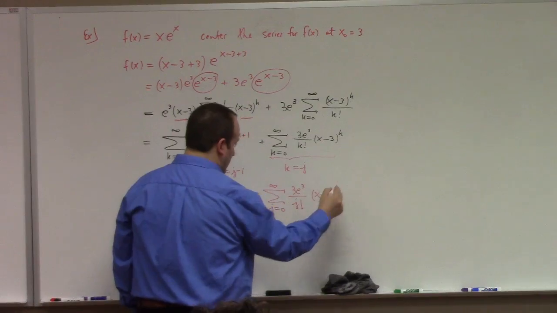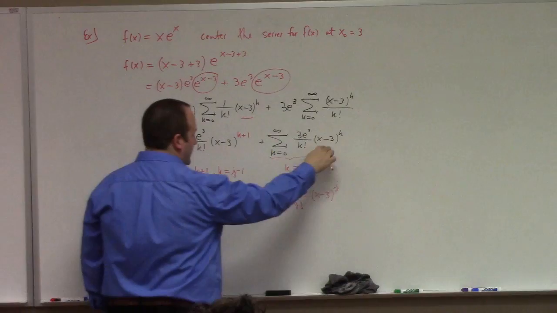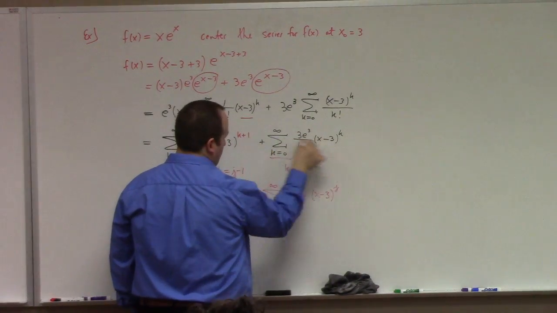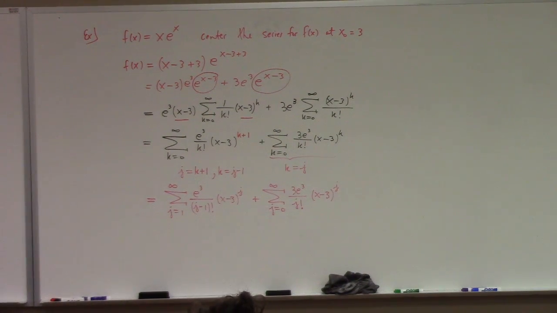When we're adding series, what do we need? You need to be able to add apples to apples, right? You can't add apples to oranges, so that's why I had to adjust the power here. I couldn't add these before because they had mismatching exponents, right? They have to match up in order to add them, but also they have to have the same range. They're both going to infinity, so we're good on that. But you see the one starts at 1 and the other one starts at 0. So what do we do? I just throw out the 0th term on the right one and make it go from 1 to infinity. So I just write the 0th one separately.